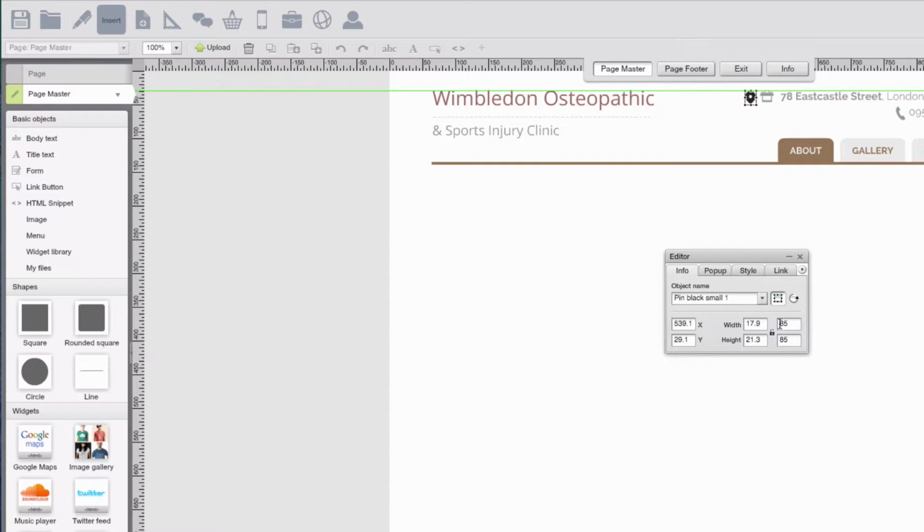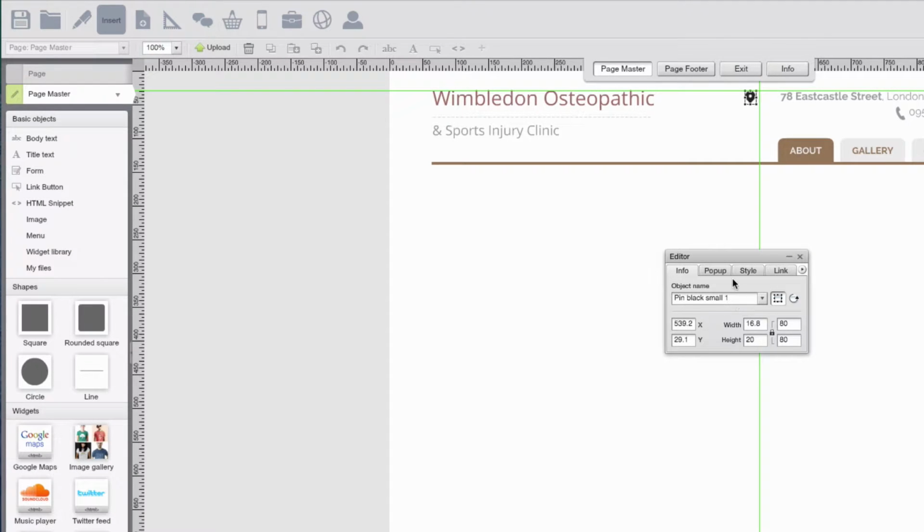I think we'll go down to 80. So go down by another 5. I'll press enter on my keyboard. I'll click off the icon. You can see now that it's sort of similar size. And now what I'm going to do is I'm going to move a ruler from the left, click and drag to line up this icon here. So when I delete this icon, I know where to put my